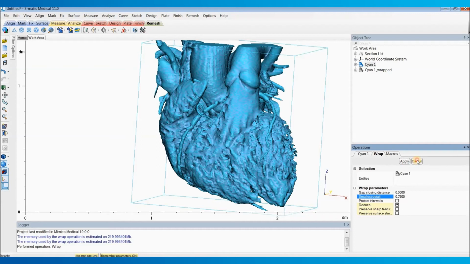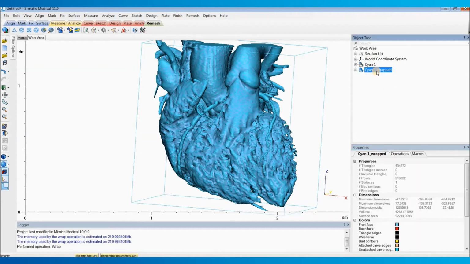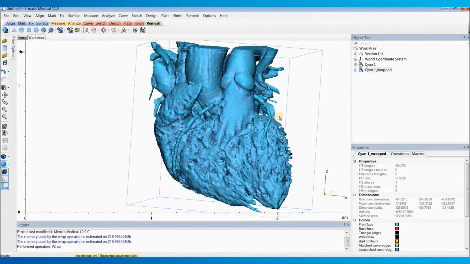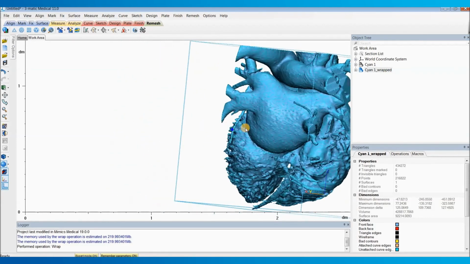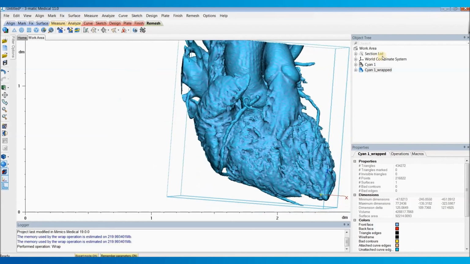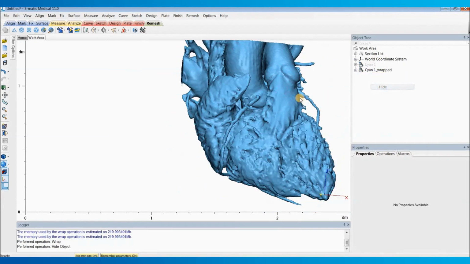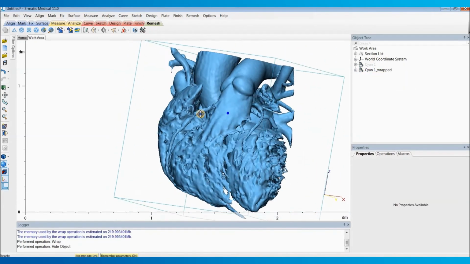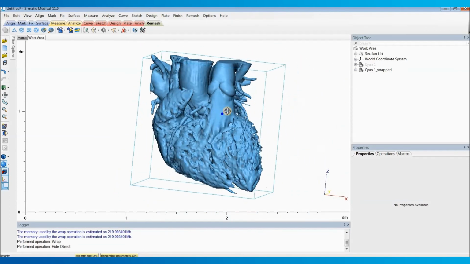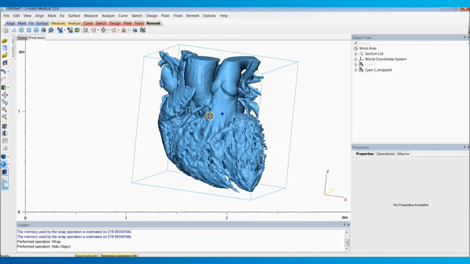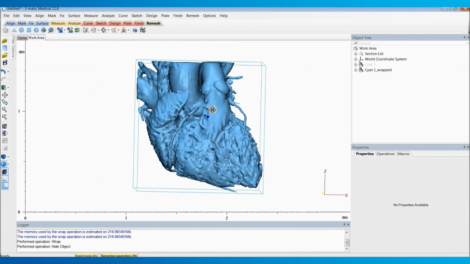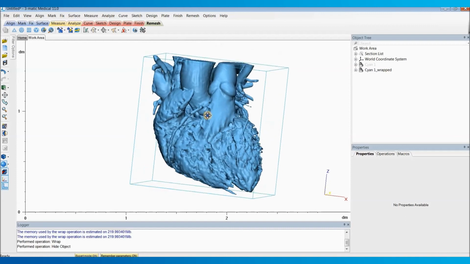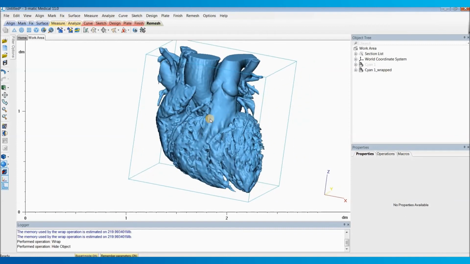Once that's done calculating, you'll notice we have a new part in our object tree, the cyan1_wrapped, and it's overlaid on top of our original model. If I right click and hide our original, you can see it's smoothed out quite a bit and just looks a little nicer. From here, if we wanted just a model of the blood pool of the heart, we'd probably be just about good to go. But let's say we want to take it a step further and actually create a hollowed